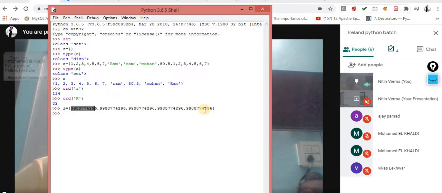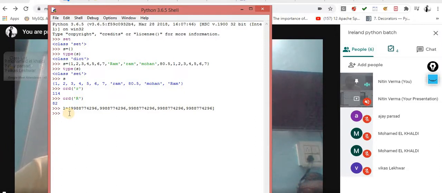Now what is the solution for the same? Prior to this kind of thing, this is the concept of data analysis, or data cleansing basically. Prior to this step, what do you have to do? You have to remove the duplicate items from the list, from the data. For removing duplicate items, there are two ways. One, you can create a logic for the same, designing your own logic to implement this.